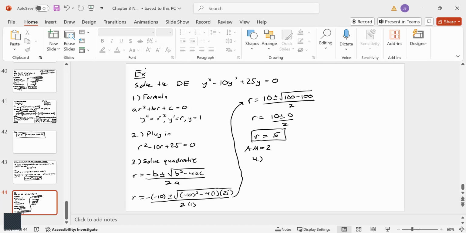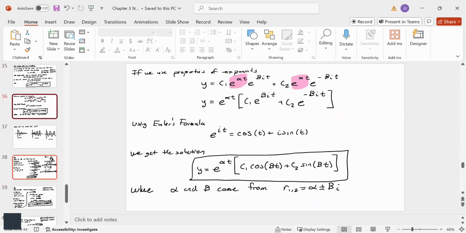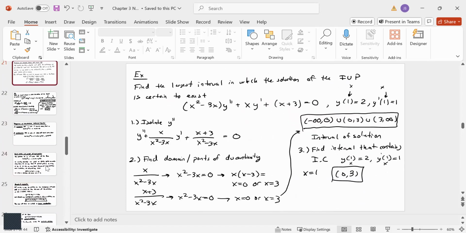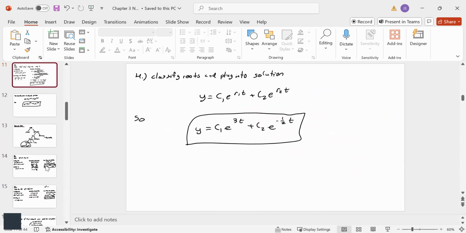So then step four is classify and plug into the solution. This is where that decision tree comes into play. Okay, what kind of roots do I have? I have repeated roots, which means I have to use this formula, right? Now you have to think about 3 different formulas. If you're wondering what formulas I need to memorize for the exam, it's the repeated roots right there. Then we go all the way back to the complex root, which is right there, the e to the alpha t, c1 cosine and sine. And then if we go all the way back to the first one that we learned, which was the real distinct root,